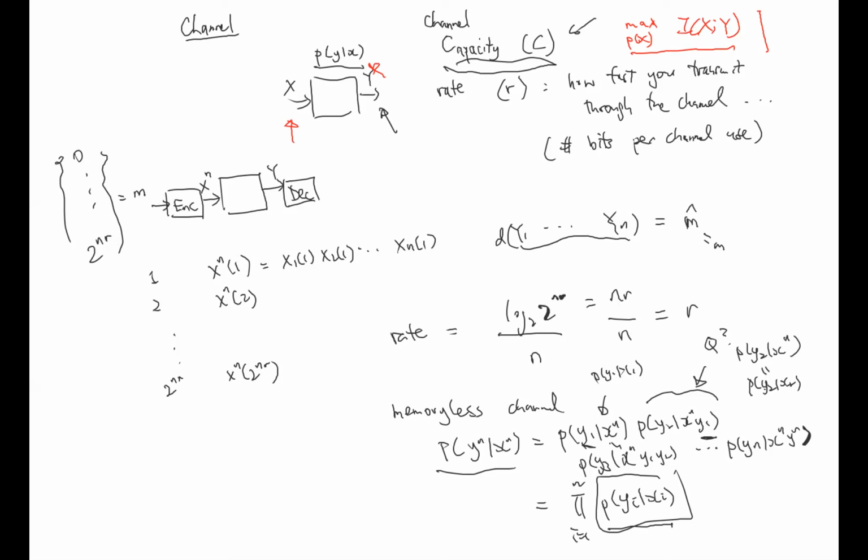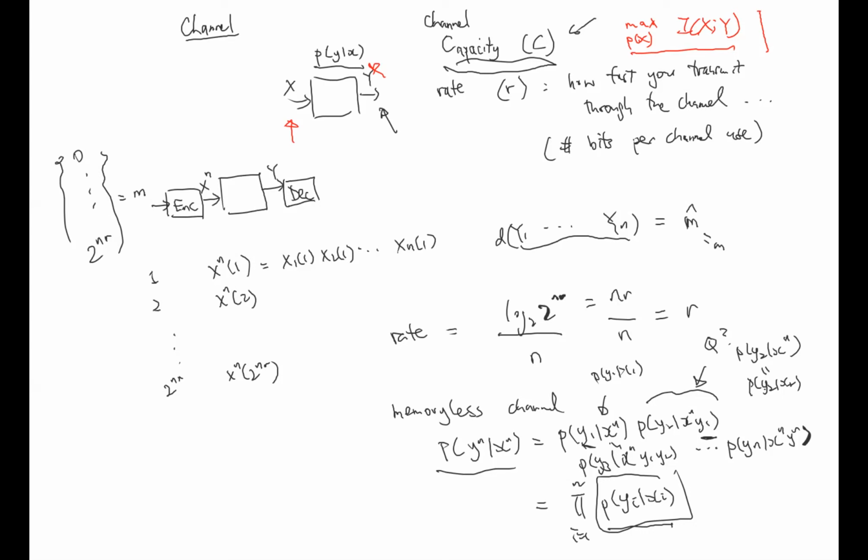But Shannon had a really ingenious idea. He found that he doesn't need to think along this way. He doesn't even need to think about whether the code is optimum or not. So he used a random coding argument. He created a random code and then showed that just using that random code, he can achieve the capacity.